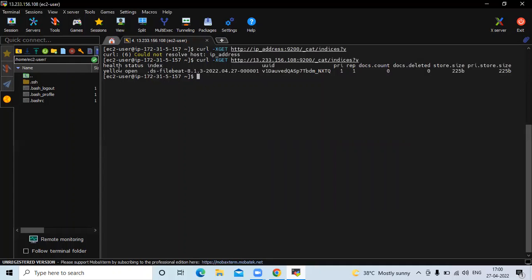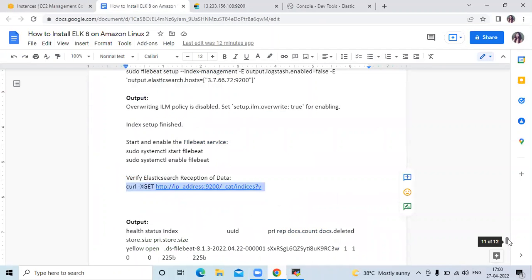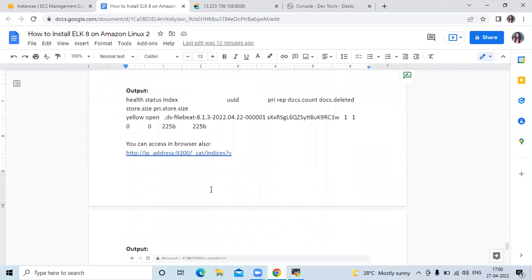So you can see the output: health, status, index. Here you can see the output. And now if you want to access it in the browser, then you can